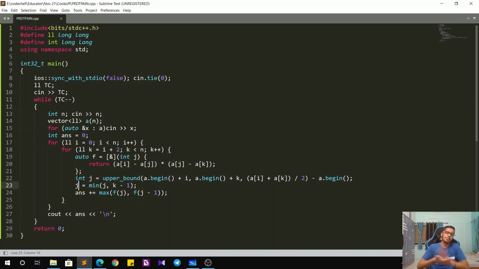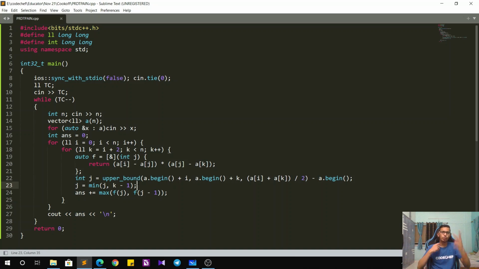Because there can be some input for which j can be out of bounds, that is out of the range i comma k, so we don't want that. So for safety, I just do the check, that is j is equal to min of j comma k minus 1,